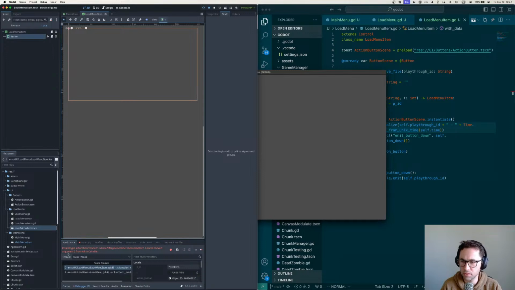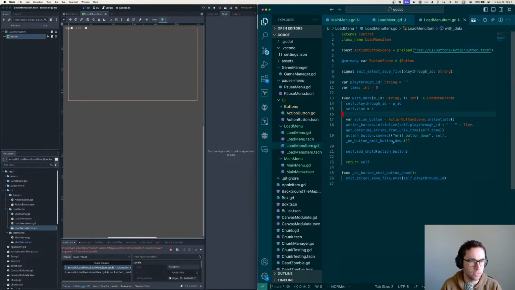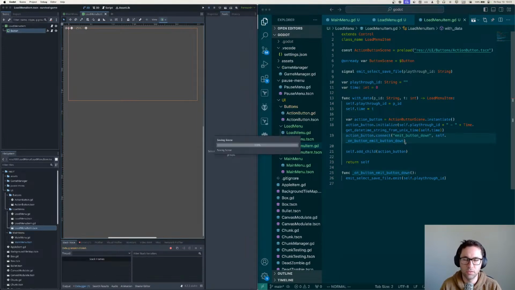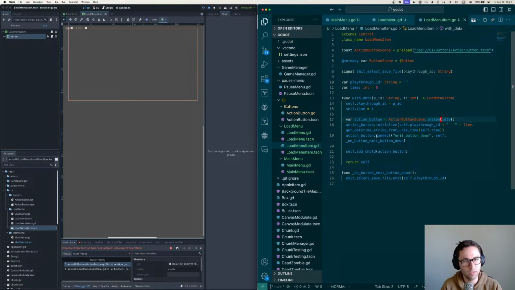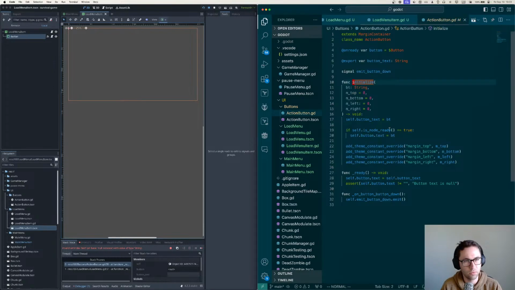That's still not working. Valid type in function. Oh, did I call it? Yeah, don't want to be calling it here. Just want to pass in the function. So now if we load, okay, so we're still, interesting, still running into this issue where